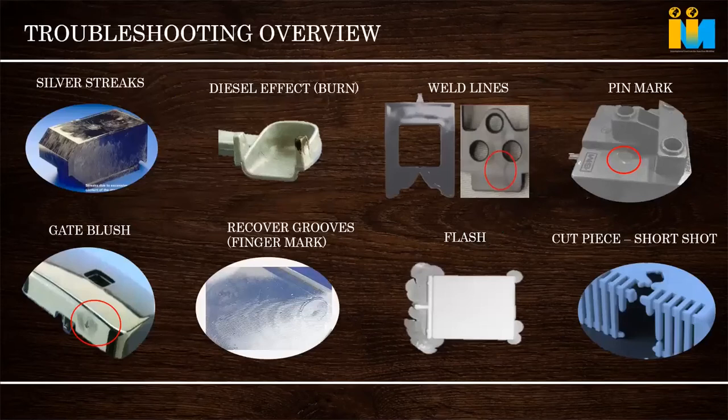Here I have described some of the major issues in injection molding. This page shows only the picture and the issue, but what is the root cause and how to attend to it, all these things will be covered individually after this. First thing is a silver streak. Many times we have seen, generally because of moisture content in the raw material, this comes. It aesthetically destroys the part, making it non-usable.